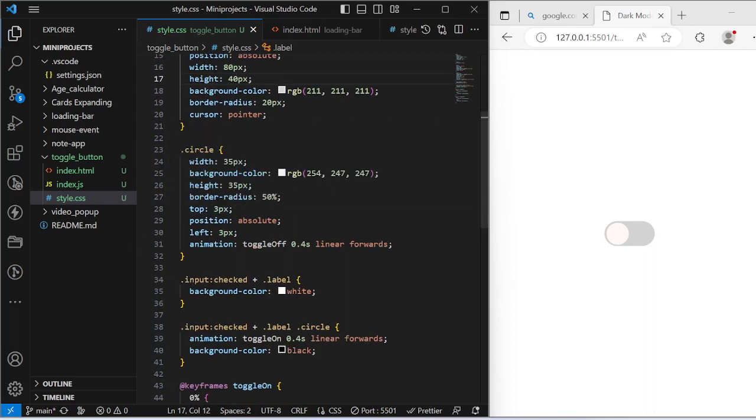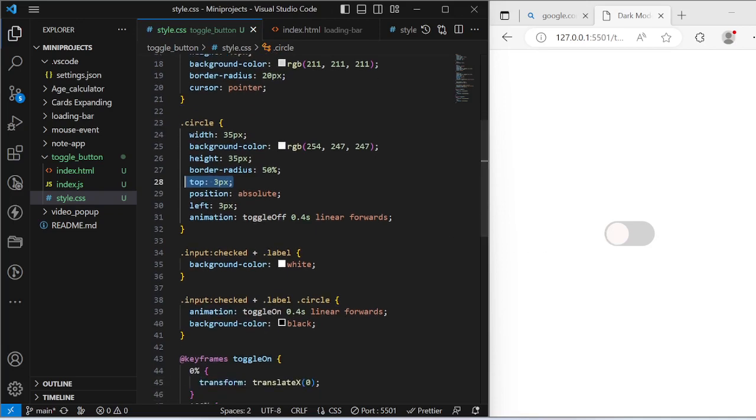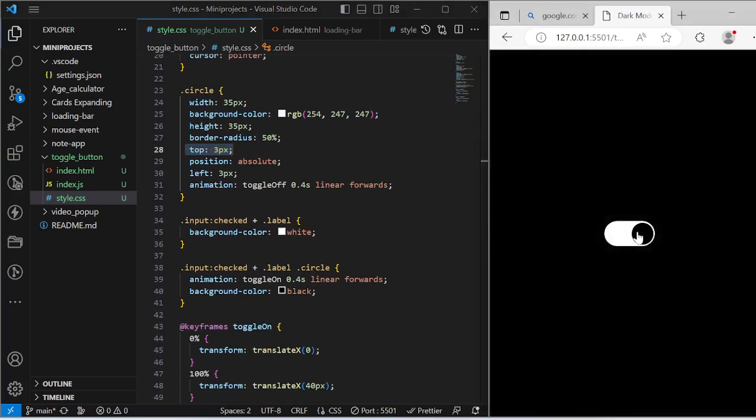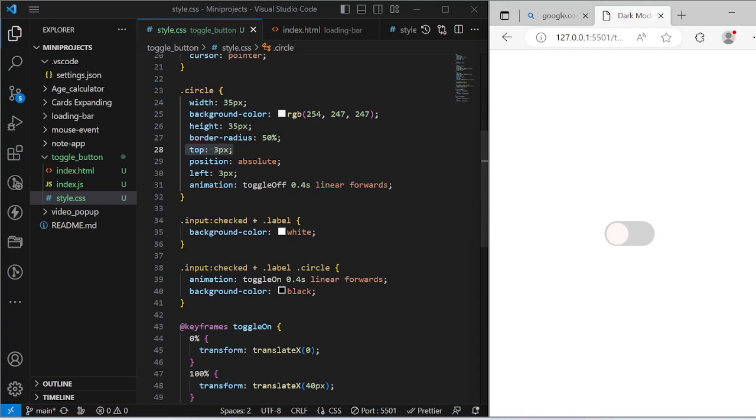And this is top 3 pixels. So I just comment it out. If I don't write that, it connects with the edge. So I write this top 3 pixels. So it takes 3 pixels from the top, position absolute, and then 3 pixels from the left, so it is not connected with the border. And this is the animation toggle of 4 seconds linear forwards. When this button is clicked, toggle is off, and then linear forwards moves it very slightly. You can easily use multiple